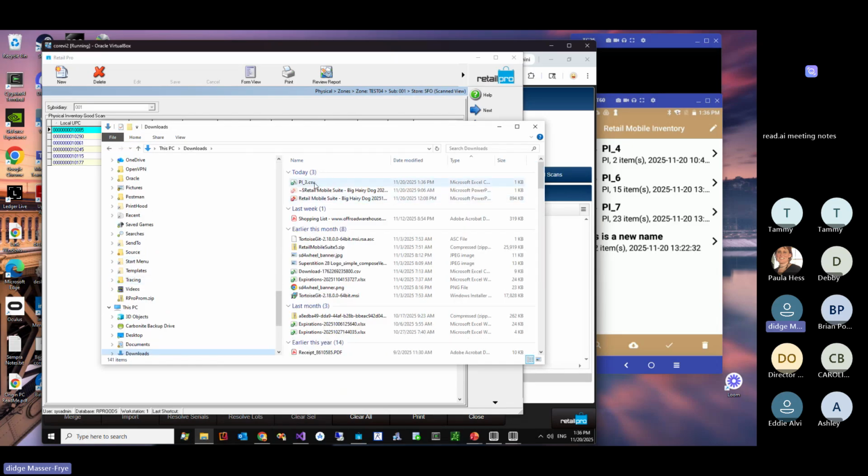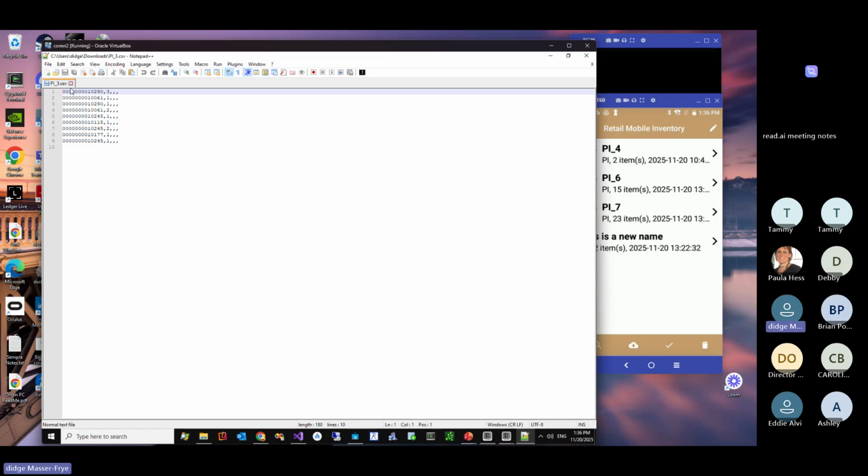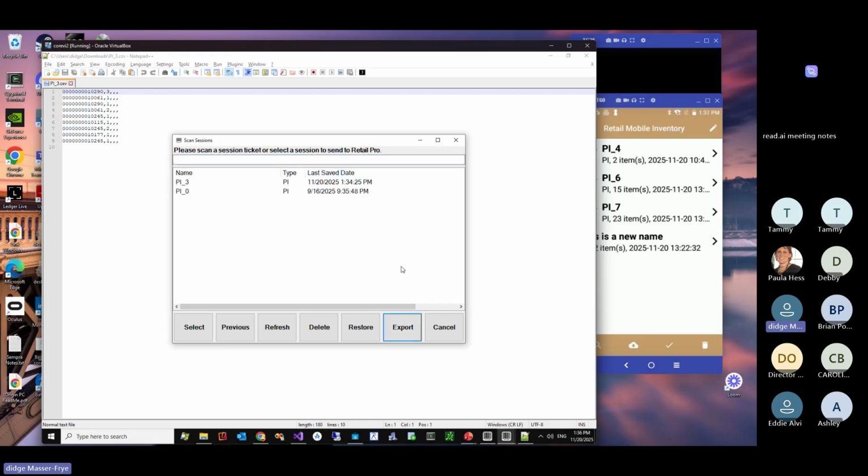There's downloads, there's the file. So it's just your counts, things like that. And maybe you have another tool that you want to use to manipulate this with before you import it. That's something you could do, or you're just interested in seeing it. So if you do the export with the details,